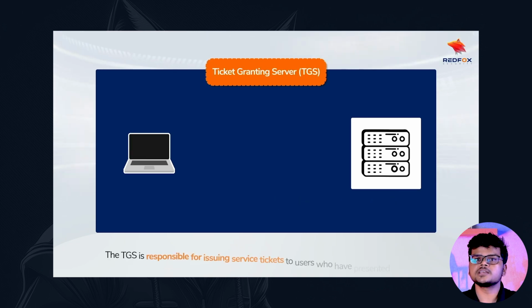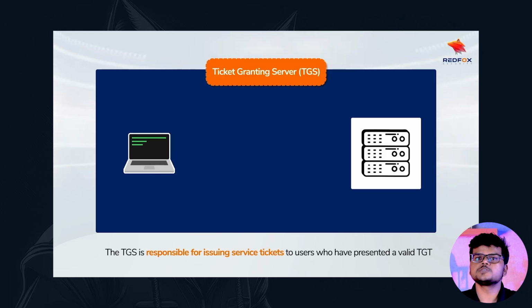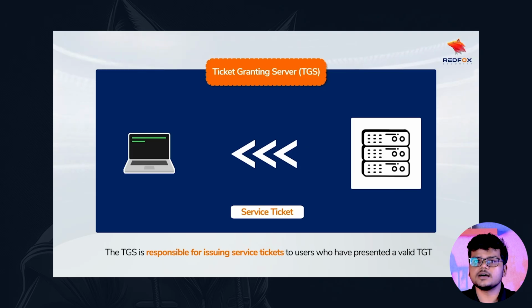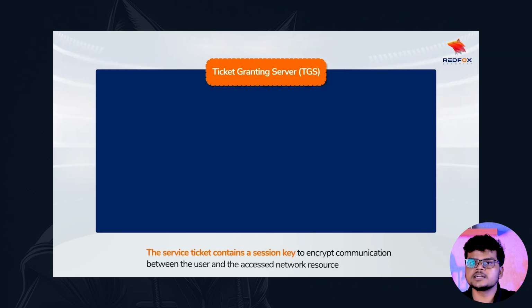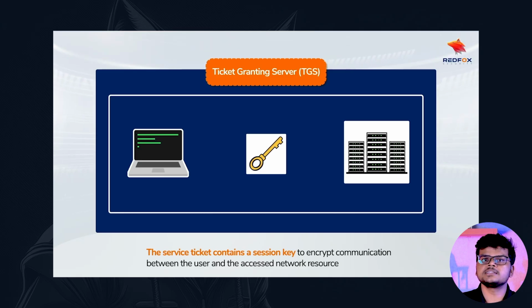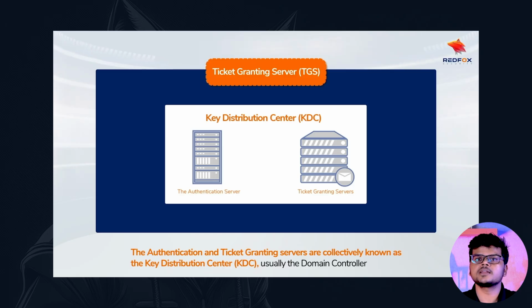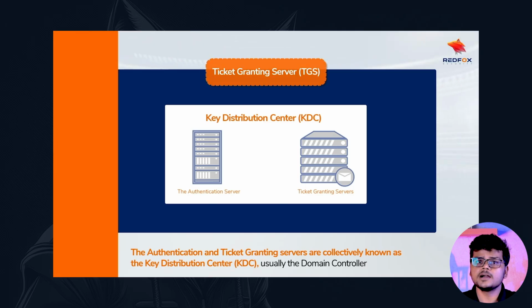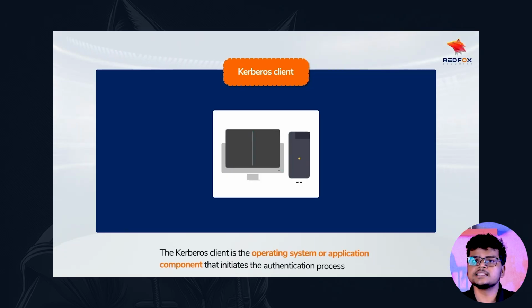The ticket granting server, TGS. The TGS is responsible for issuing service tickets to users who have presented a valid TGT. The service ticket contains a session key to encrypt communication between the user and the accessed network resource. The authentication and ticket granting services are collectively known as the Key Distribution Center, short for KDC, usually the domain controller. Kerberos client. The Kerberos client is the operating system